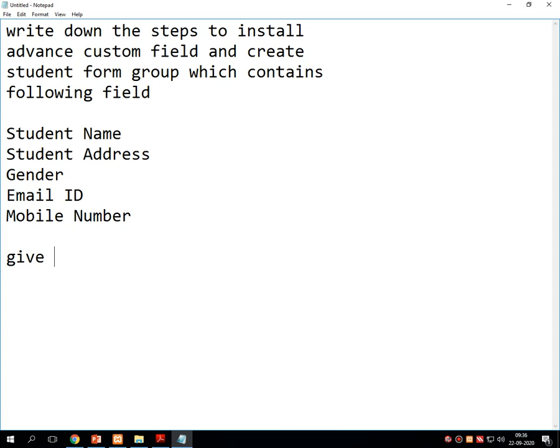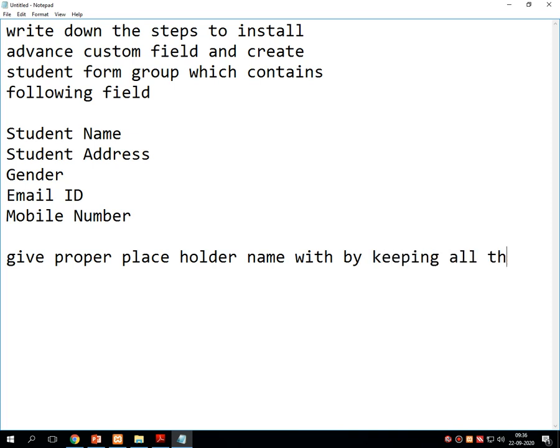Give proper placeholder name with by keeping all the fields compulsory.